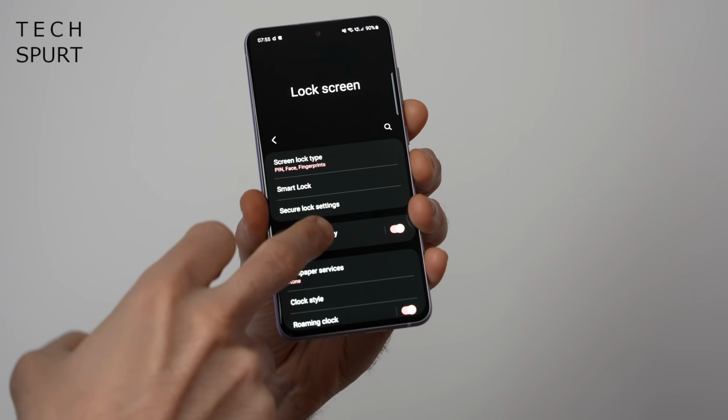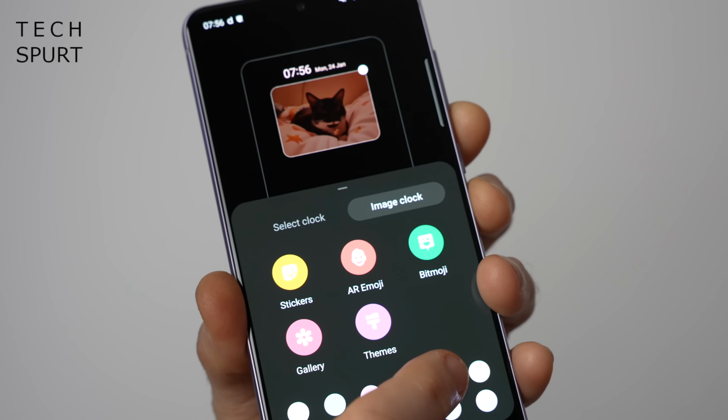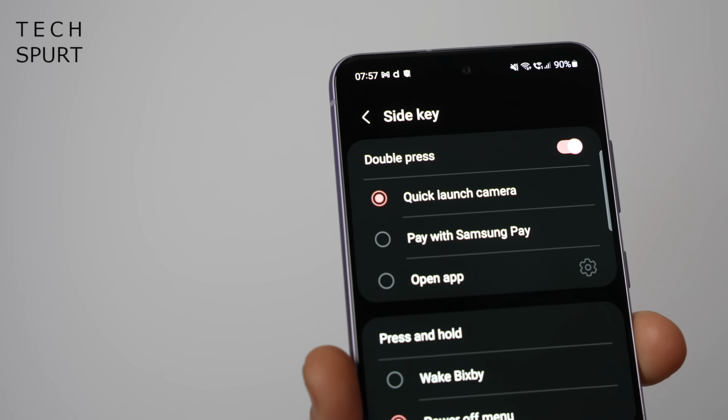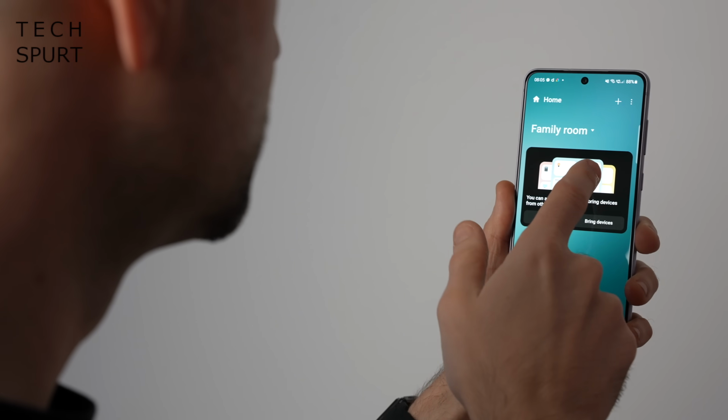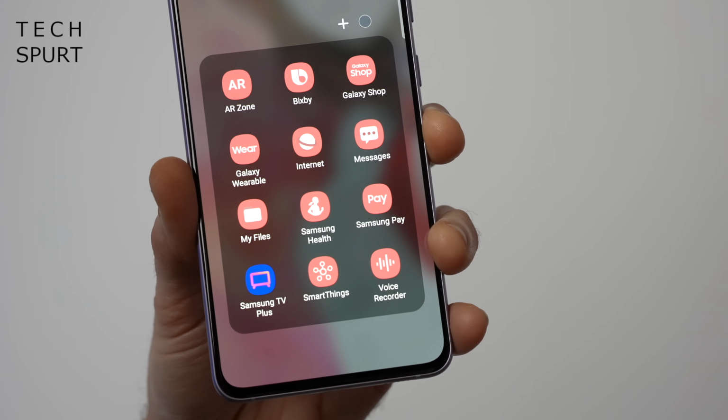The Galaxy S21 FE also allows you to customize almost every bit of it, from the always-on display to the side key, which can summon up Samsung Pay or our great mate Bixby, or even the camera if you prefer. And speaking of Bixby and Samsung Pay, those are just two of many Samsung apps slapped onto the S21 FE that basically do the same exact job as many of Google's own efforts. And you've also got Smart Things, which is basically just another Google Home, plus a health tracker, a web browser,